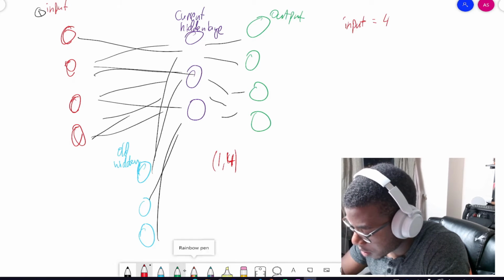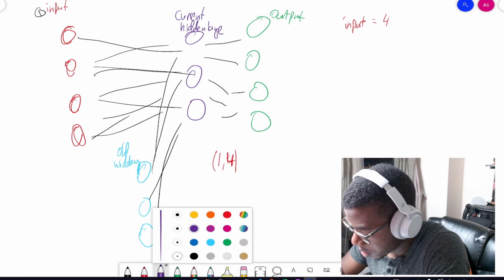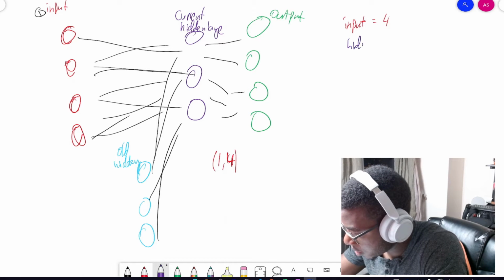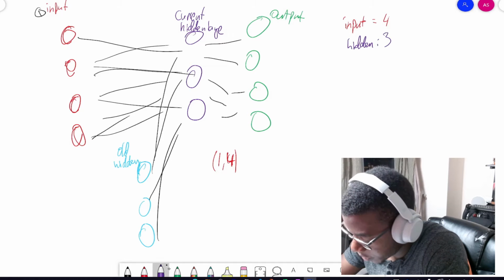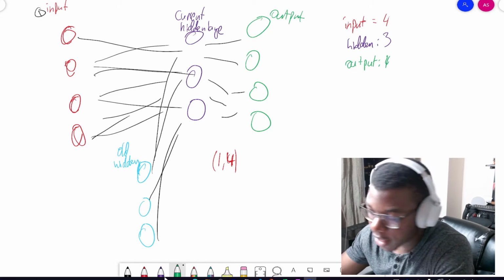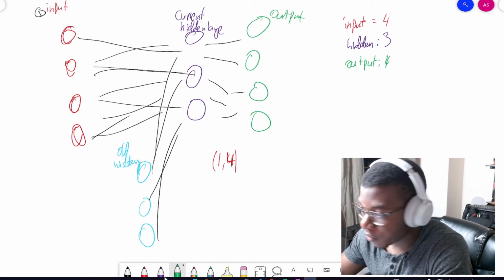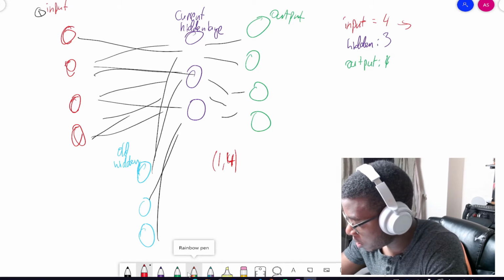Our hidden layer is 3 nodes, and then our output is 4, meaning that the weights that connect our input and our output